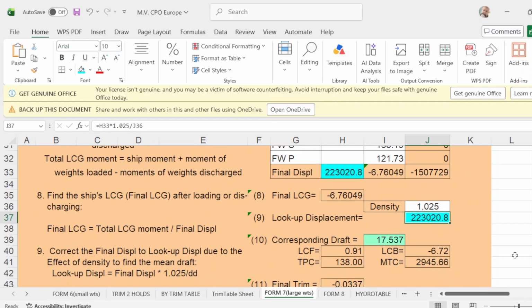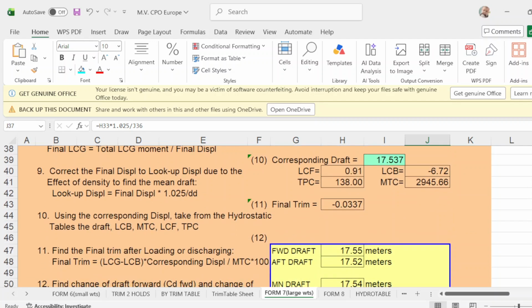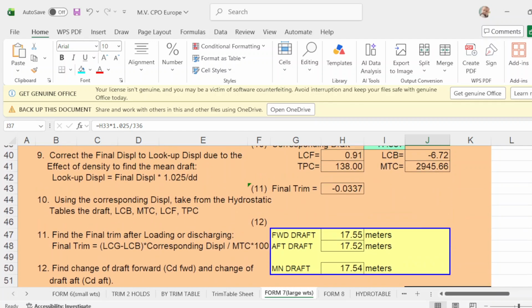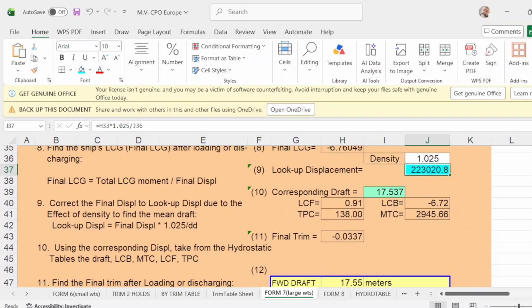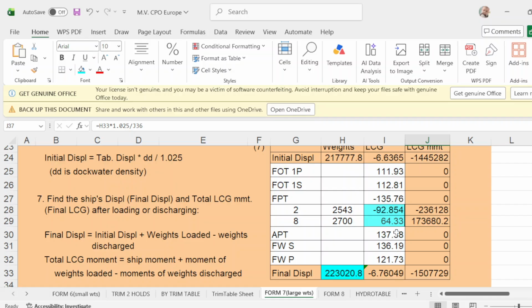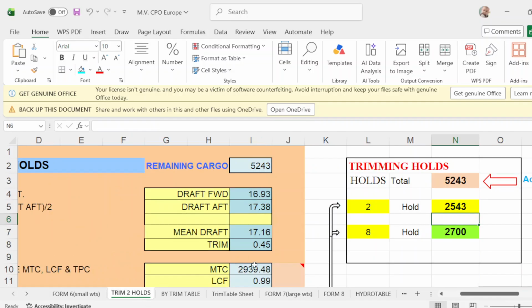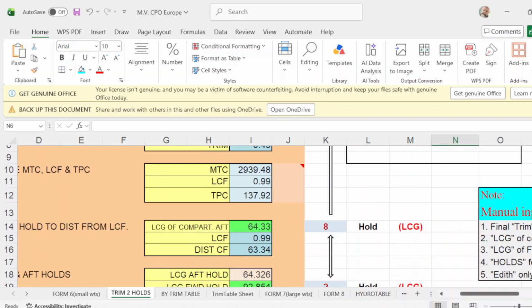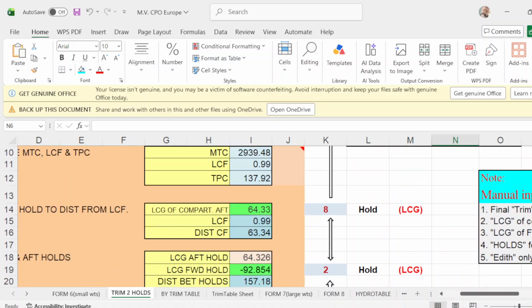And your departure drop, mean drop is 1754, and your drop forward and up should be, check this one, the density or LCG. LCG 2 and 8.